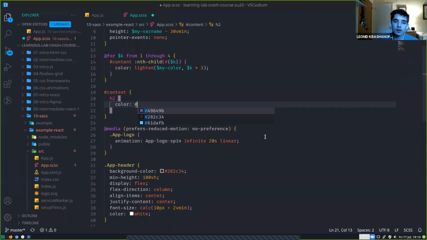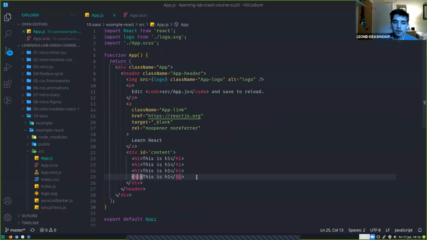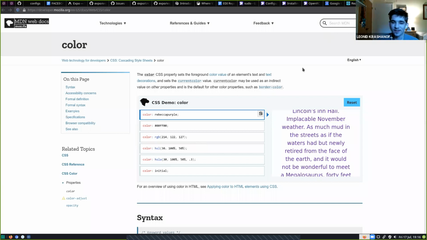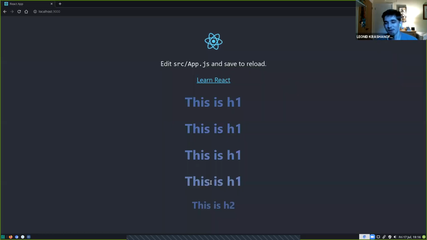If I have a header of size 2 within content, then it'll automatically get this color. Right, I accidentally opened the docs. There we go. So you can see that it automatically applies it as expected. Pretty handy. Okay, last thing I'm going to talk about in this video, because I'm already a little over time,